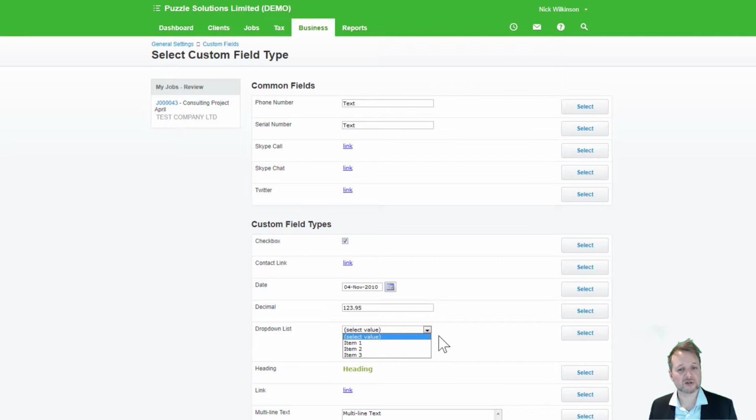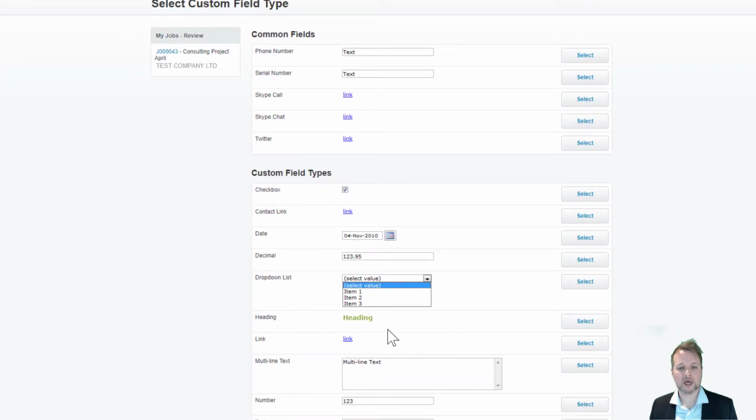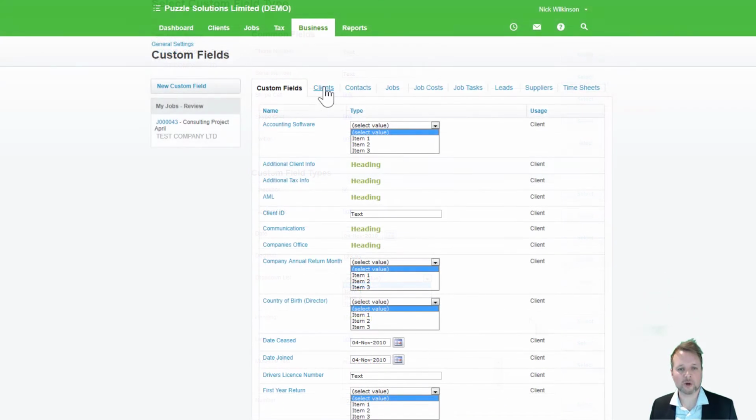Drop-downs are a really fantastic way to capture standard responses. For example, with company returns, it could be annual filing month. Is it April, May, June, July, etc. So very, very handy to set up inside your client database. Now you've also got headings. Once I go back and I select the client's custom fields section here,